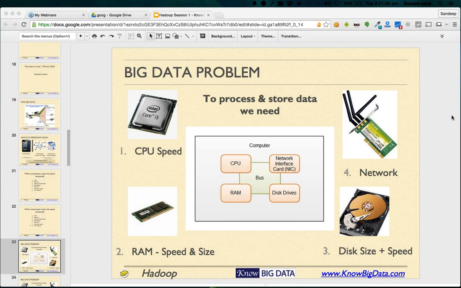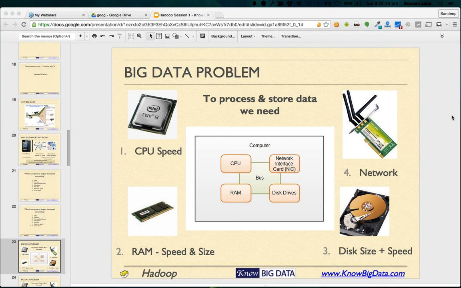Even in a normal computer as of today, on average, the processor has a speed of around 2 to 5 gigahertz, meaning in a second it can make about 10 to the power 9 decisions of checking a condition and going left or right. So when you think about it, the CPU is actually fast enough.